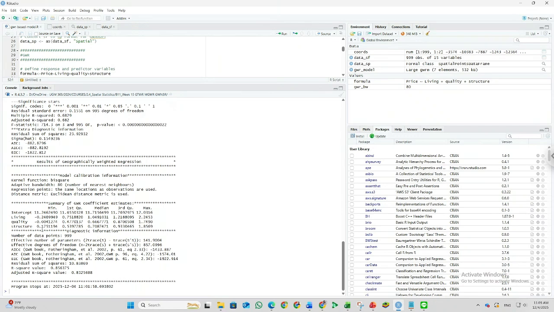So we have values from minus to positive, and for the structure it is a positive value across the study area. So we can conclude that in a specific area, even if the living area increases, the price decreases.